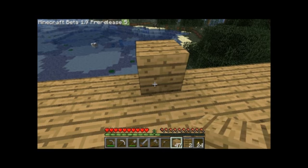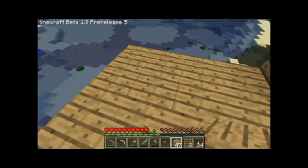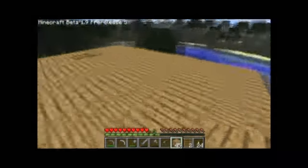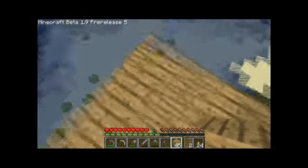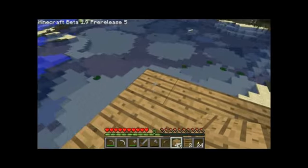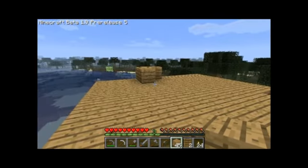Okay, I've been neglecting my building while I'm doing this. Here's the porch. I don't know, maybe it needs to be a little bit smaller. Yeah, I'll make it a little bit smaller. Right about there. So this is going to be the porch area here. These 3 squares. I'll have 3 tall fence posts here and here, and then I will have a half slab awning on top of that, and I will have a chair here,